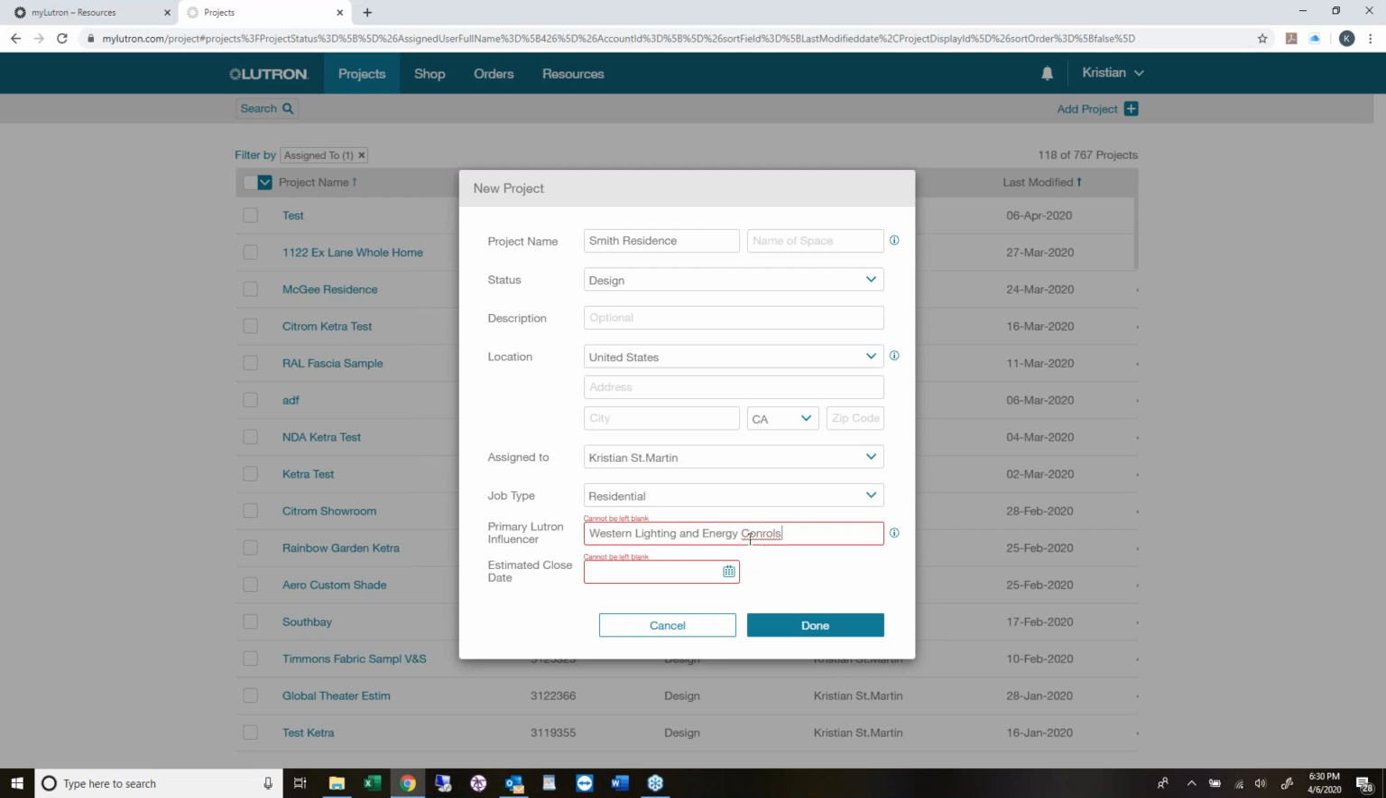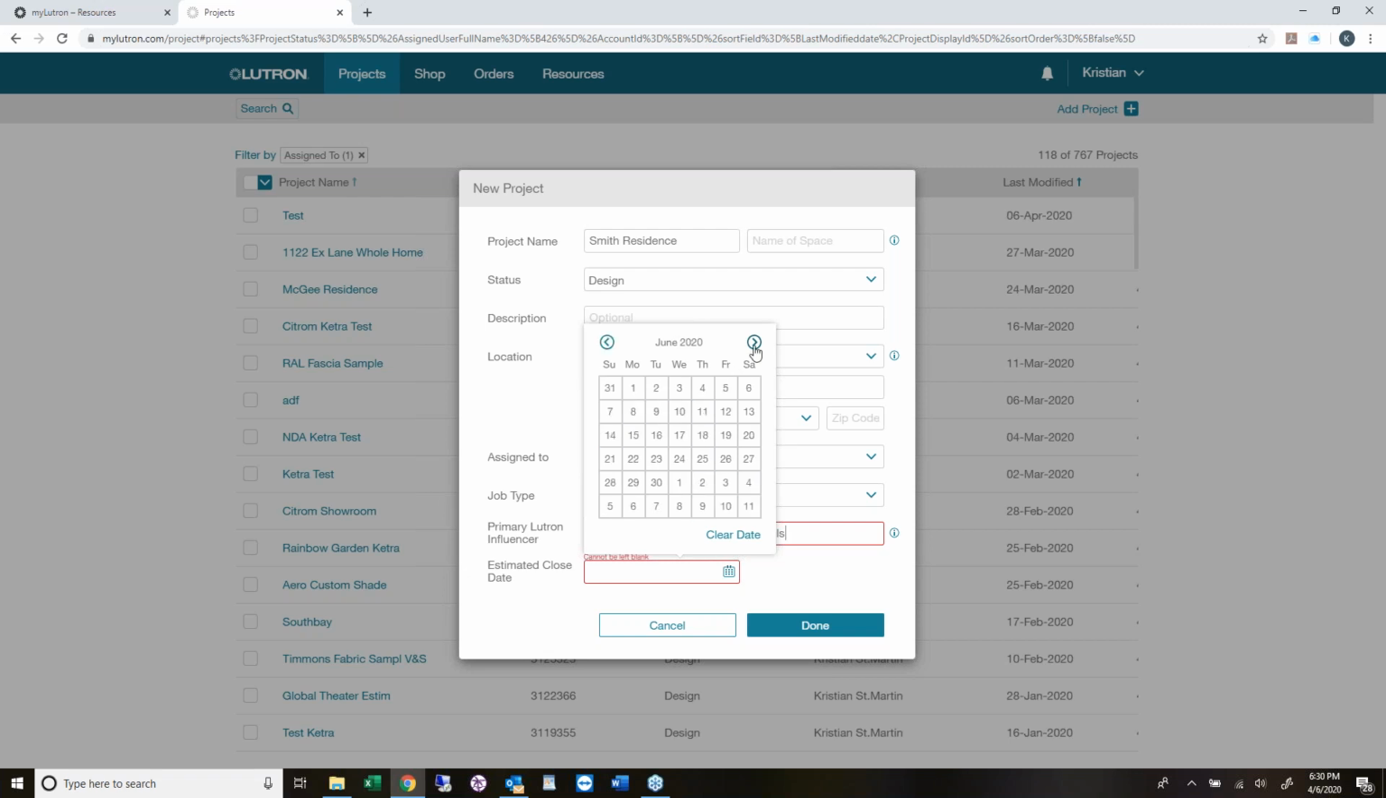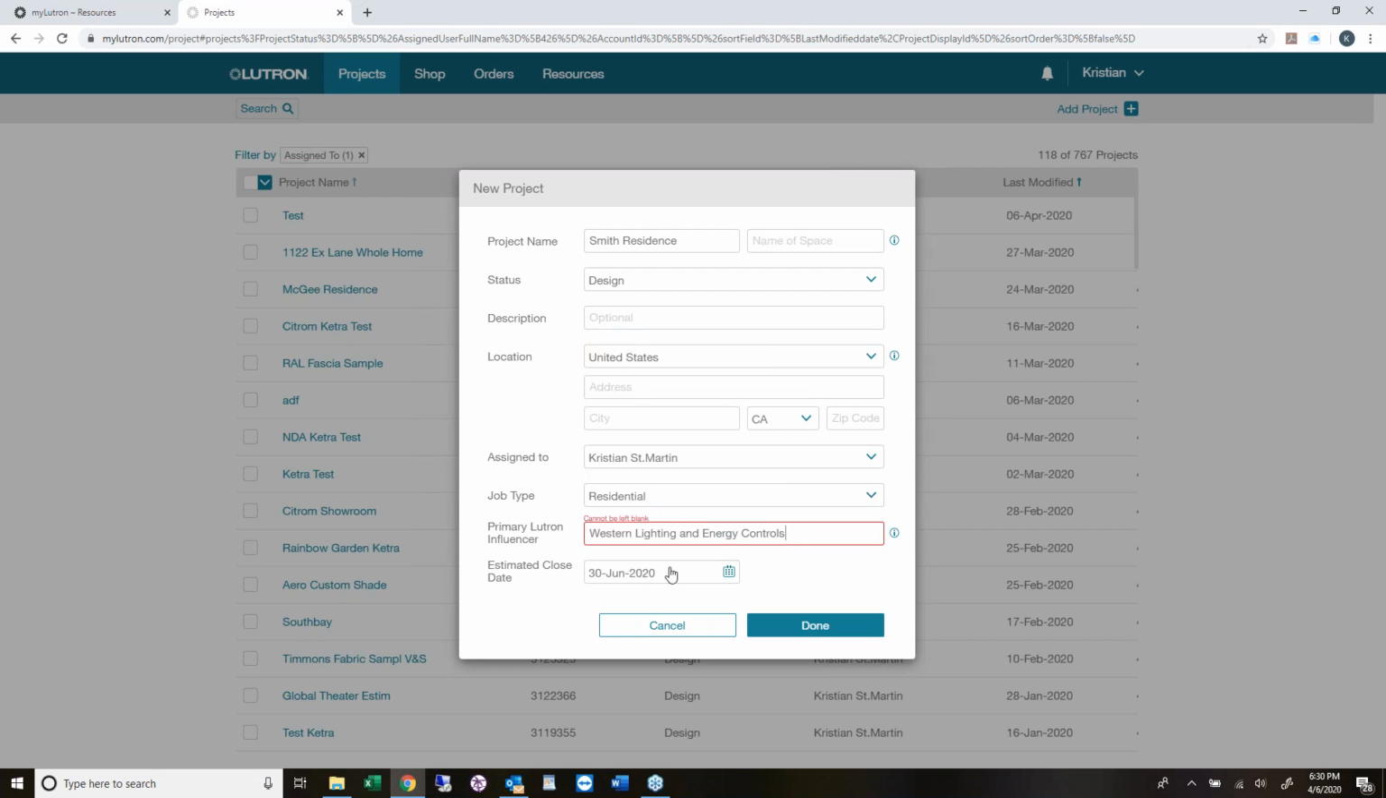Okay, and then estimated close date. Oh, try spelling your company name right. All right. And then you could put your estimated close date. So, typically these projects have a long shelf life, so maybe somewhere at the end of June is when I'm looking to close this. Okay, so if I hit done,